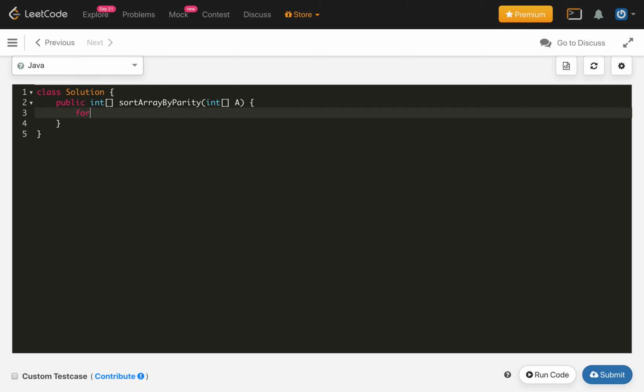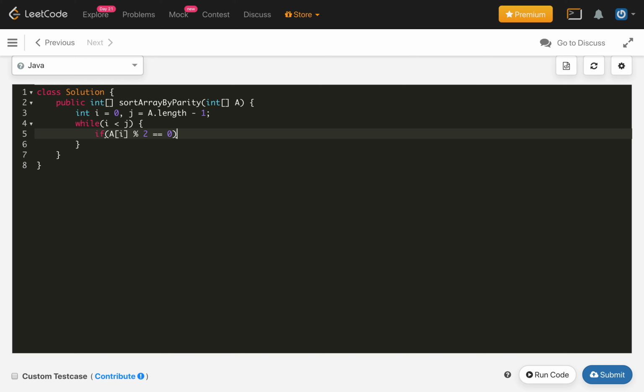For the code, we use two pointers, int i equals 0 and j equals a dot length minus 1. Then we loop while i is less than j. If A of i modulo 2, for checking even, is 0, in that case we simply increment i.